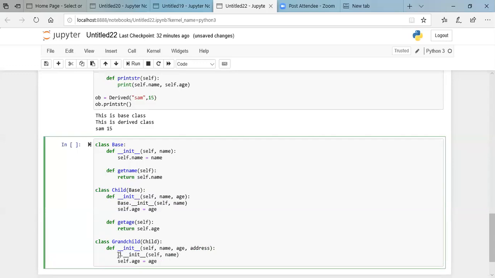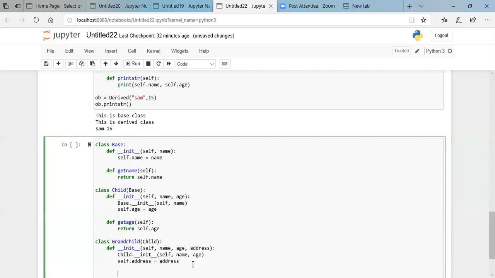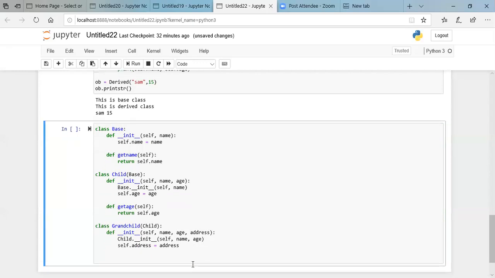So we'll say child here, and it is taking one more parameter here, which is age, and then we'll set the address over here. And one more method simply for returning the result.